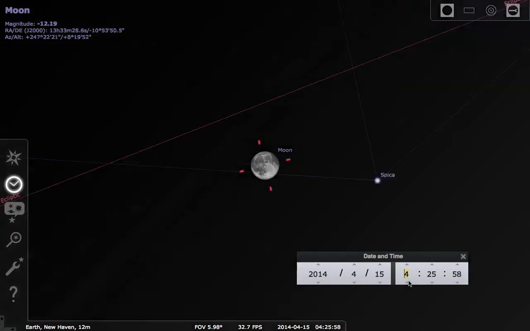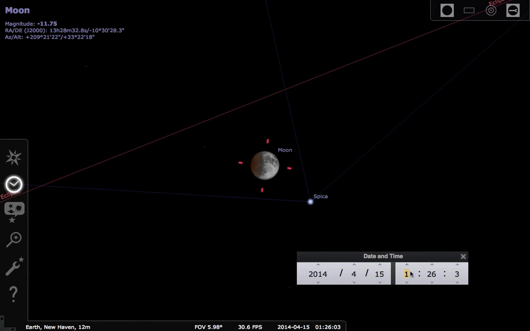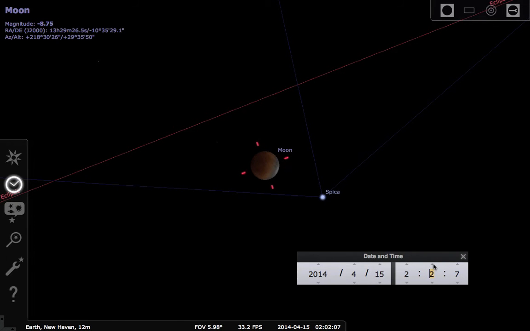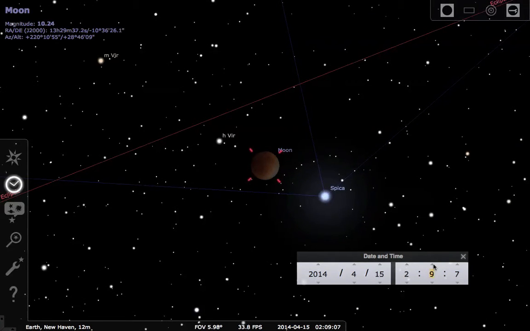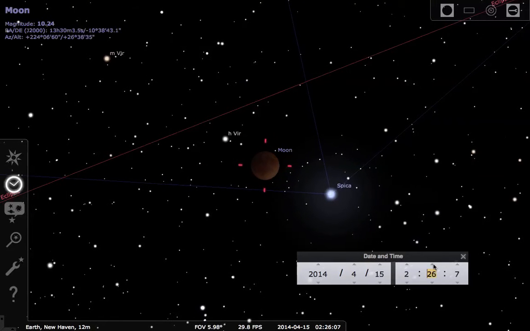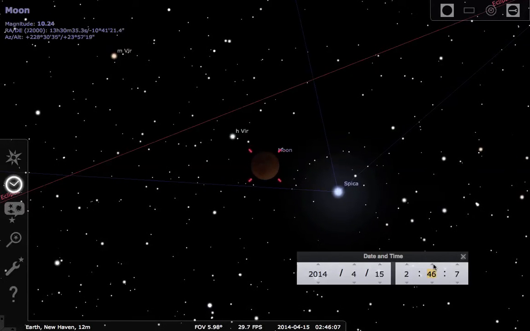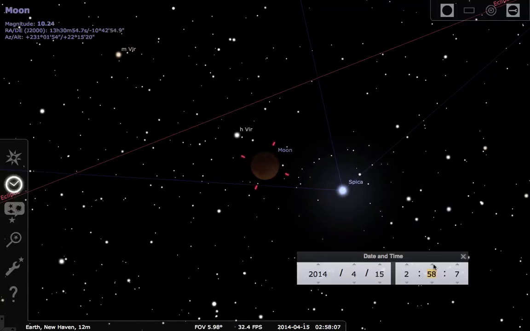All right, so here is, aha! So it's not when the moon's right on the ecliptic, but there you can see the Earth's shadow falling on the moon now around, this is 1:30 in the morning Eastern Standard Time, and we head into a total eclipse. It's partial eclipse. There's total eclipse right about there at about 2:07 in the morning, and the eclipse is going to last for about an hour, and then we'll have the moon come out